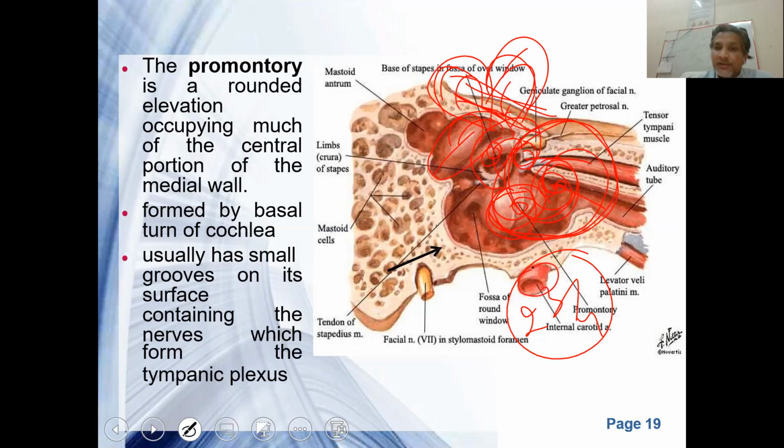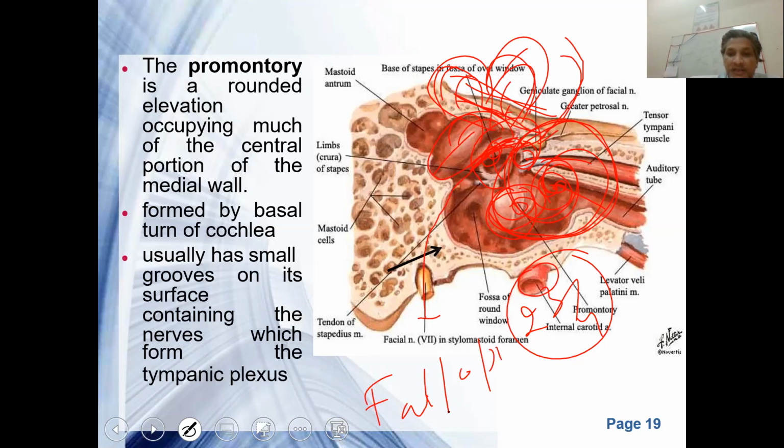Obviously the facial nerve comes from the internal acoustic meatus through the labyrinthine segment, between the cochlea and semicircular canal. It travels and appears in the middle ear, just superior to the processus cochleariformis. This is again the facial nerve. And then in the bone itself, it travels in a bony canal, which is called the fallopian canal. The fallopian canal is the canal which houses the facial nerve.